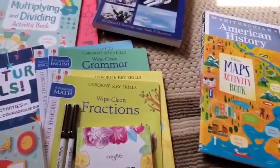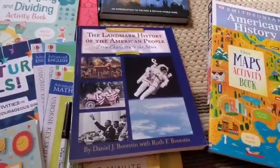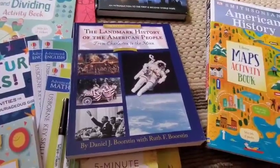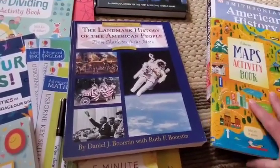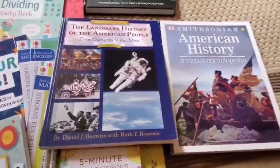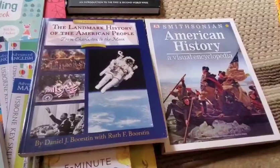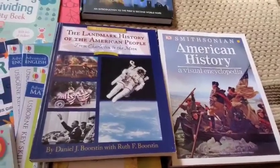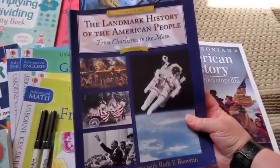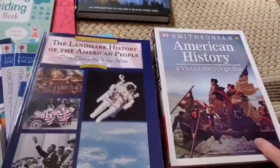E, yes, level E. She's going to be doing Bookshark level E, and I don't have the guide for that yet. I'll get that at the beginning of the year, but I went ahead and picked up some of the encyclopedias that I wanted us to just have, so I didn't have to borrow those. The rest of the readers I'll get. It's modern history this time, so let me see, Charleston, so you can see from this one, From Charleston to the Moon,